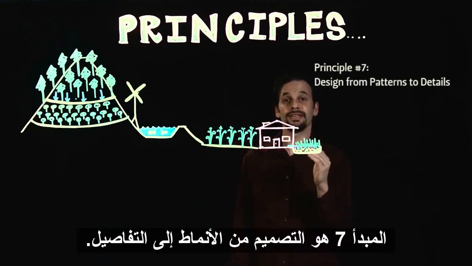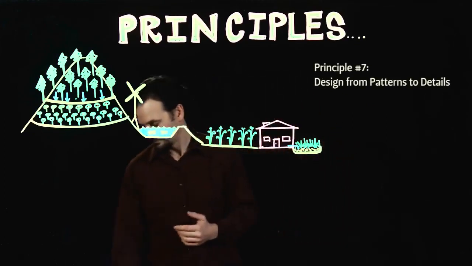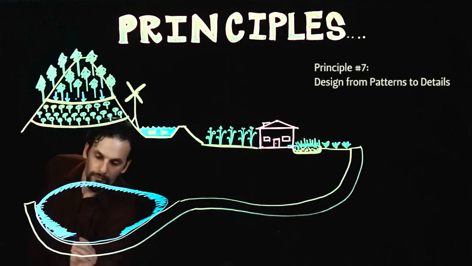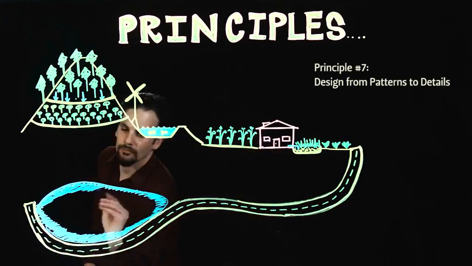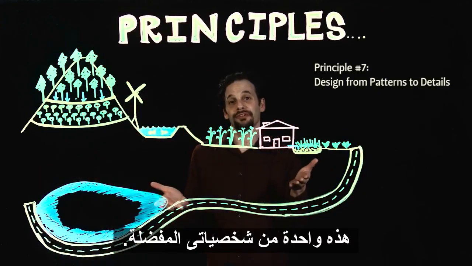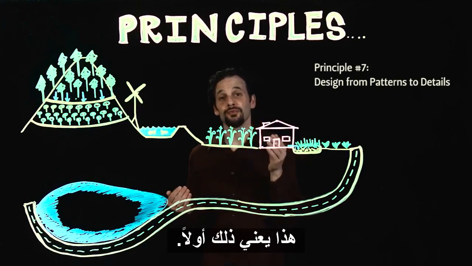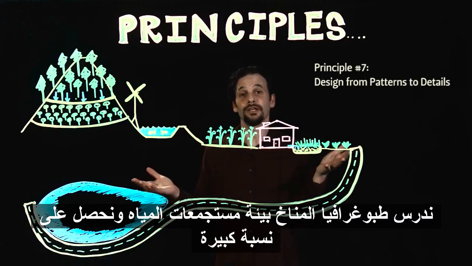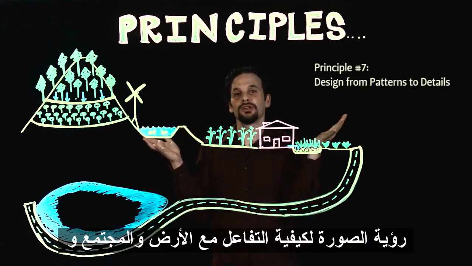Principle 7 is design from patterns to details. This is one of my personal favorites. It means that first we study the climate, topography, watershed, ecology, and we get a big picture vision of how we can